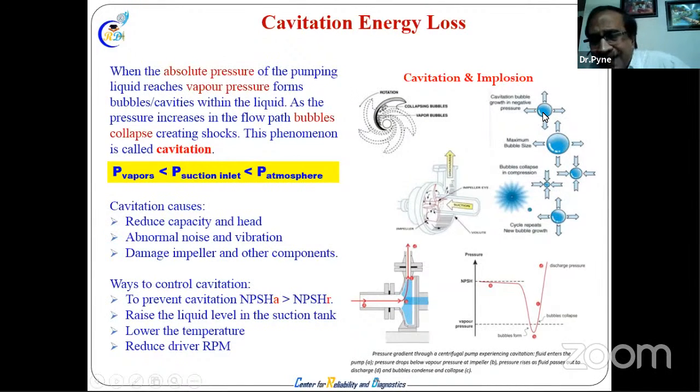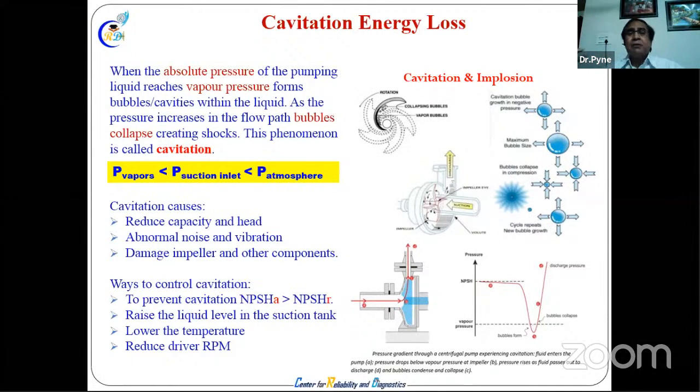If it goes to vapor, then bubbles will form. And if it is a bubble, then it implodes. That bubble will break. That is called implosion. Okay. Cavitation bubbles implode, and because of this collapse, a lot of energy is released, and this energy will impact these blades, and they will slowly erode over time, and it is so high.